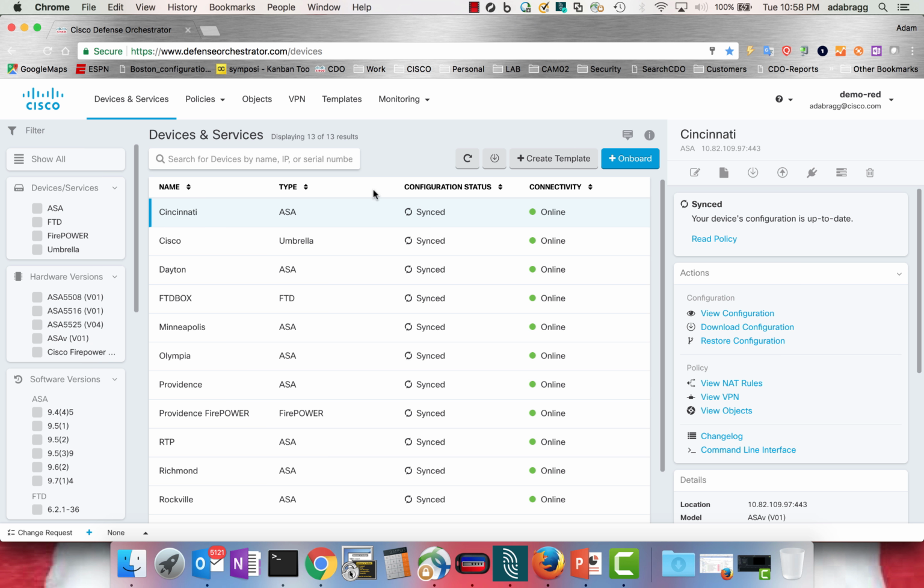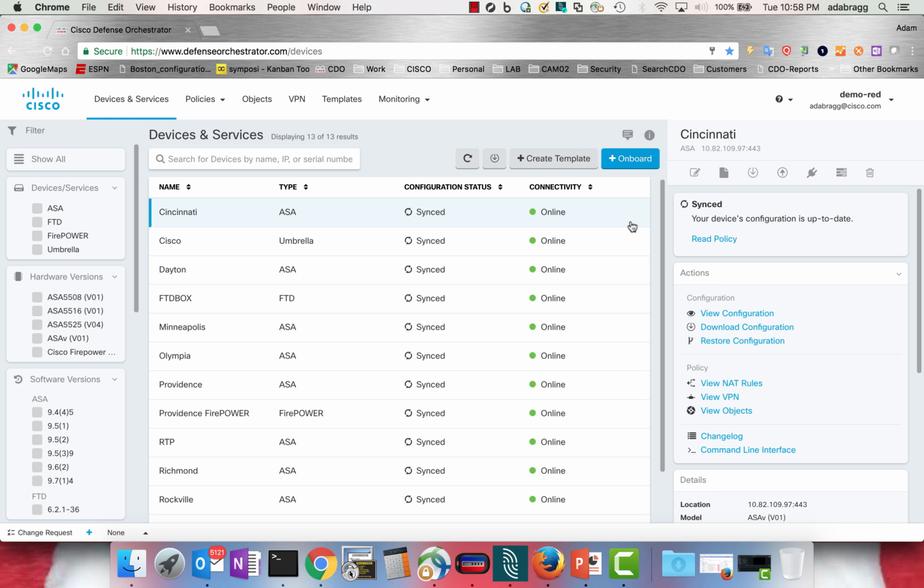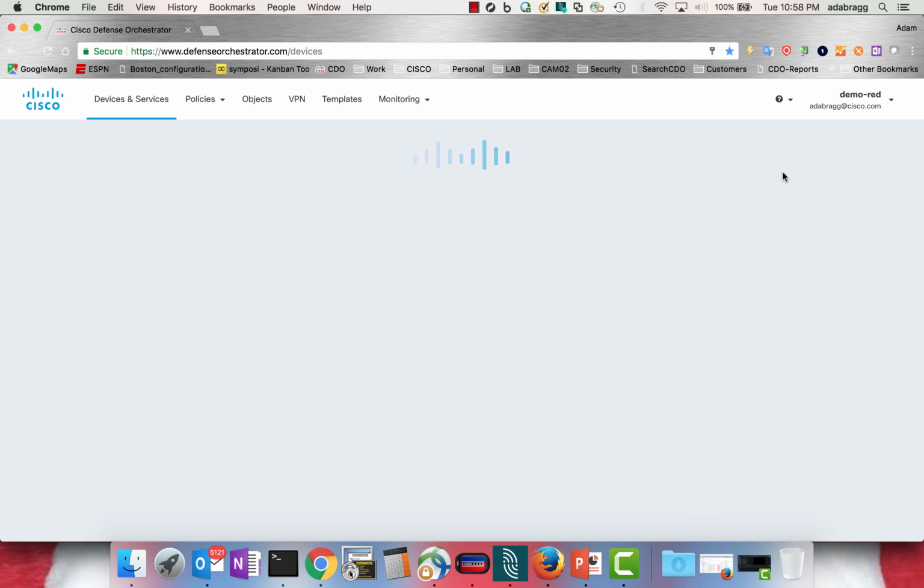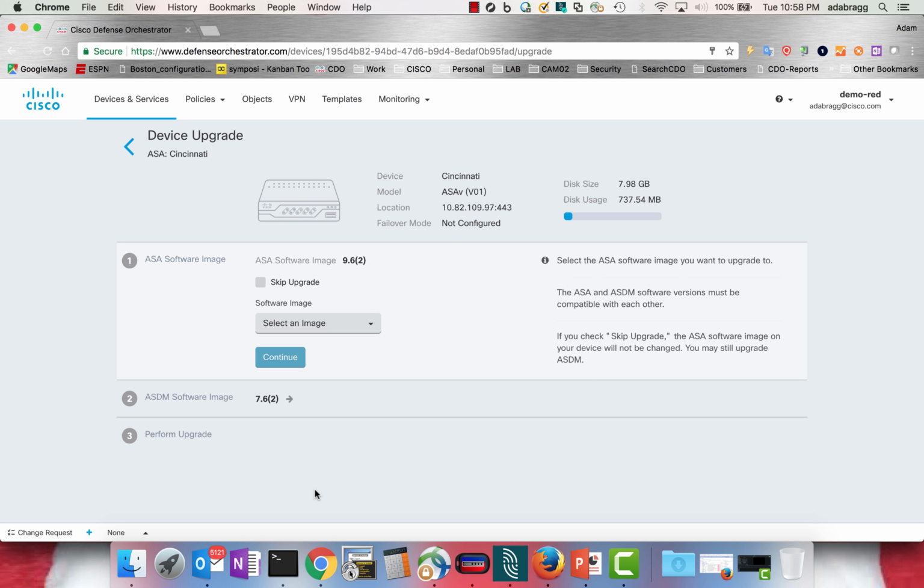It's Cincinnati. It's an ASA. I can see the version of code that it's running. Right now it has 9.6.2 on it, and I want to upgrade it. I can just click the upgrade button over here in the middle of the icons. This puts you into the upgrade screen where you can choose an image to download and deploy to the